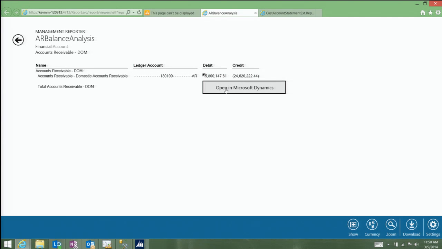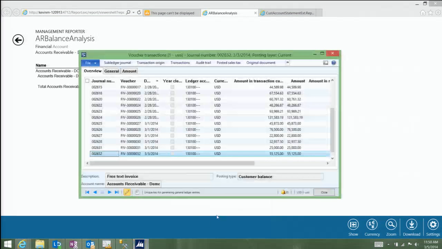That opens up an option for me to open up the information in Microsoft Dynamics. When I click on that, it will open up an inquiry right inside of Dynamics and populate it with all of the information that makes up this specific balance. So we'll go in, and here it is.